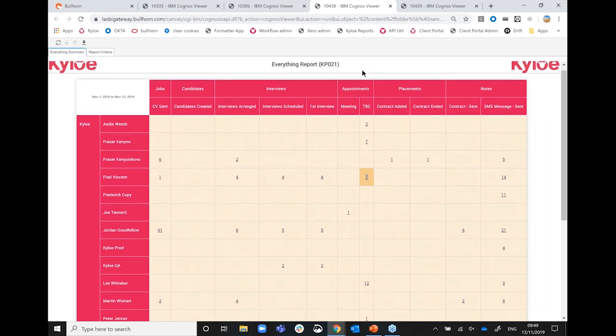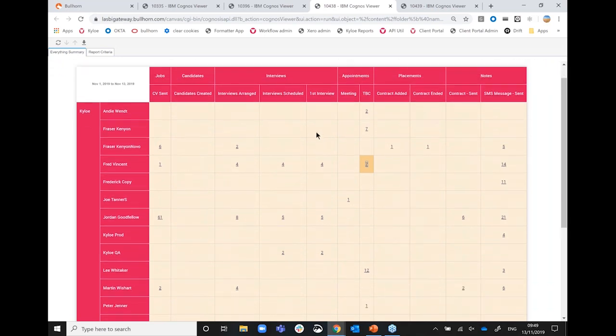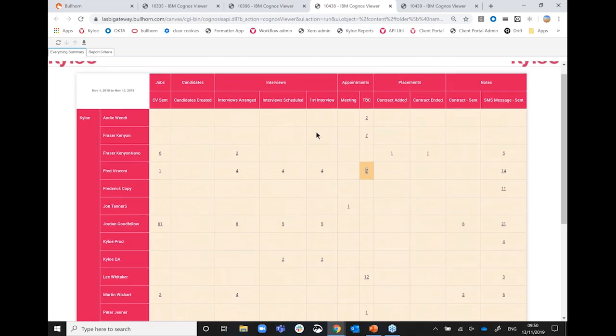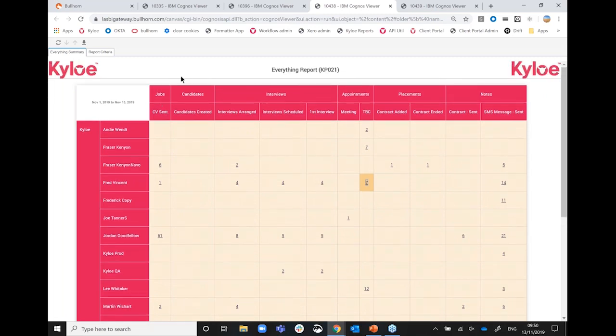So in best Kyloe colors, what you've got here is the Kyloe team and the different activities they've done. So you can see that we've got jobs and how many CVs have been sent, candidates created, followed by interviews that have either been arranged, scheduled, and different statuses, appointments, visited, and then for placements, we've got